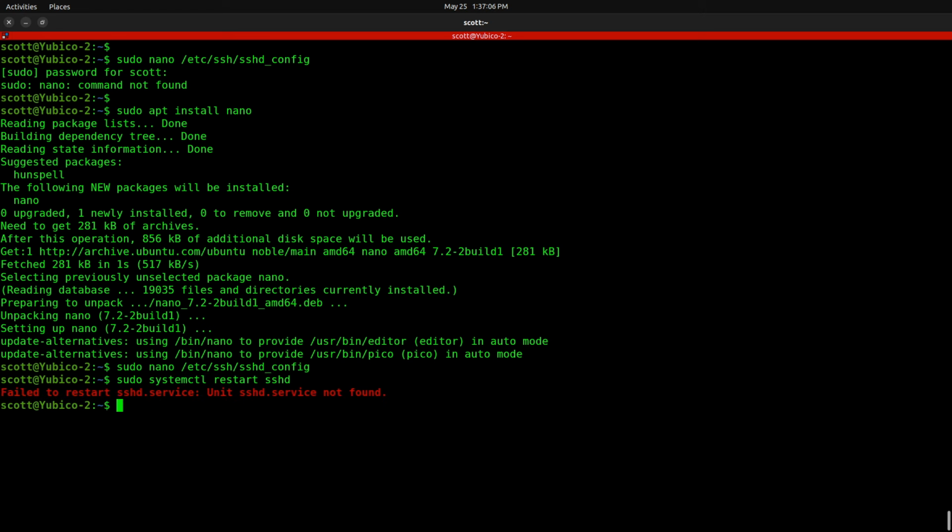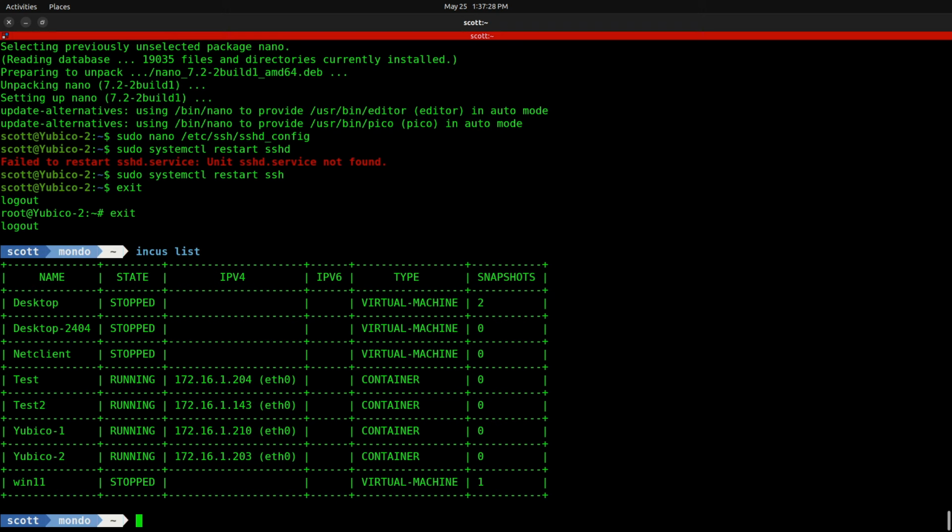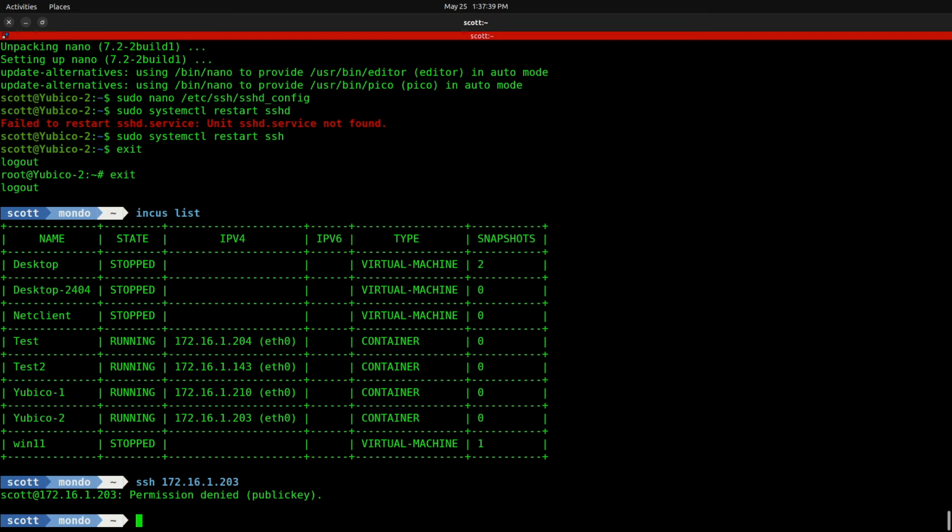And it said that it can't start the SSH daemon. Let's try ssh, and that seemed to have worked correctly. So now I should be able to exit out of here and exit out. And then from here, if I try to do, can't remember the address, if I do an Incus list, and we have Yubico 2, if I do an SSH over to 172.16.1.203, which is Yubico 2,